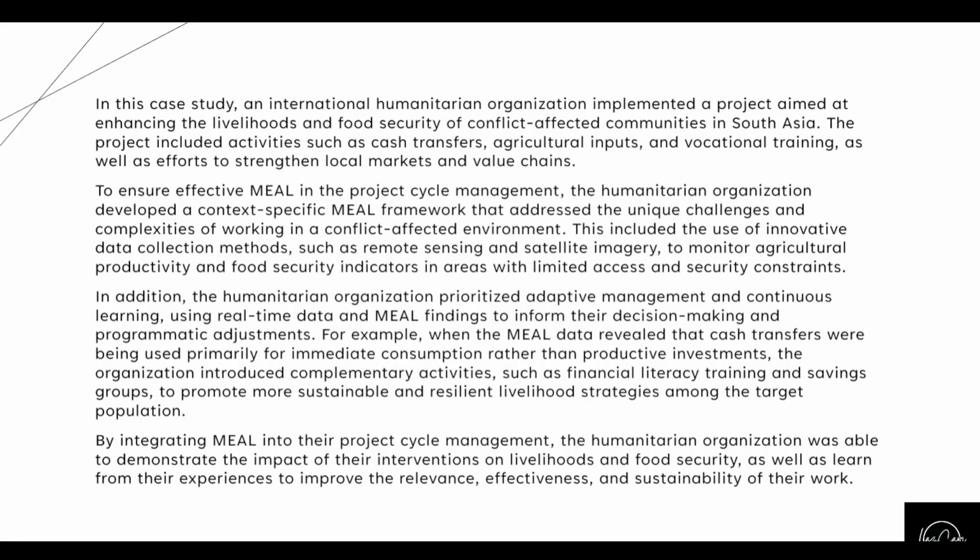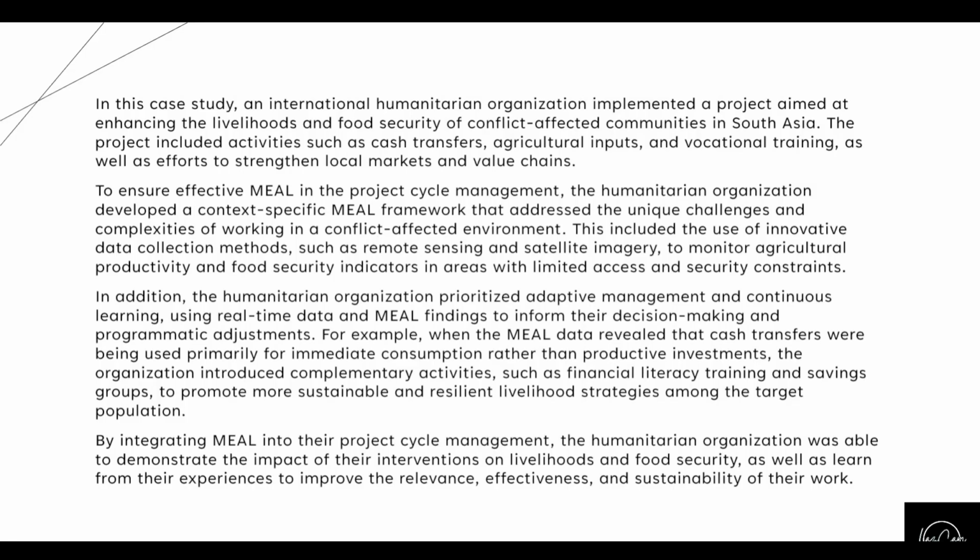This included the use of innovative data collection methods such as remote sensing and satellite imagery to monitor agricultural productivity and food security indicators in areas with limited access and security constraints. In addition, the humanitarian organization prioritized adaptive management and continuous learning, using real-time data and MEAL findings to inform their